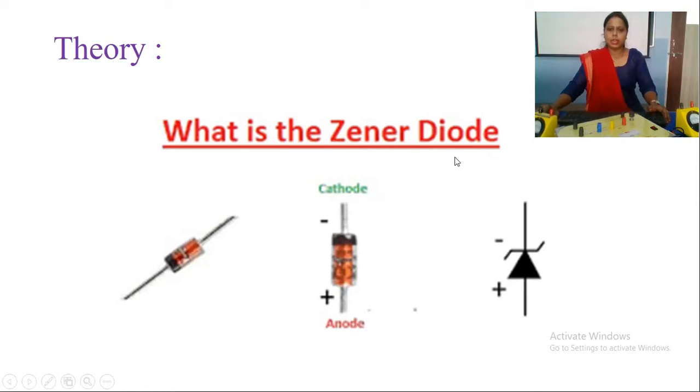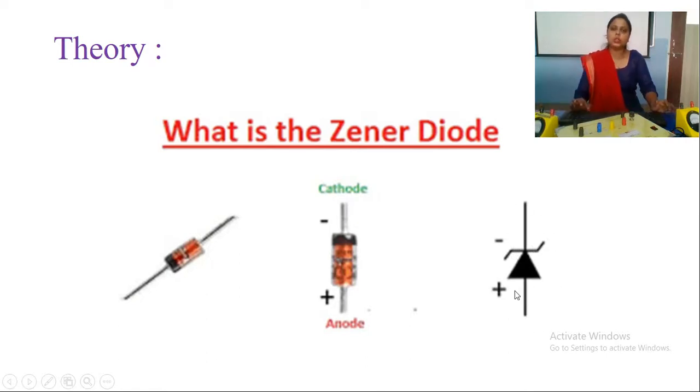Zener diode is a component which works in reverse bias condition, and I told you to see the video provided in semiconductor devices. In that, this is Zener diode. It has anode and cathode, means this black region is of cathode and this is of anode. And if the symbol is asked, then this Z-like structure you have to add. So this symbol is similar to the PN junction diode, but this Z is the difference. So this is Zener diode.